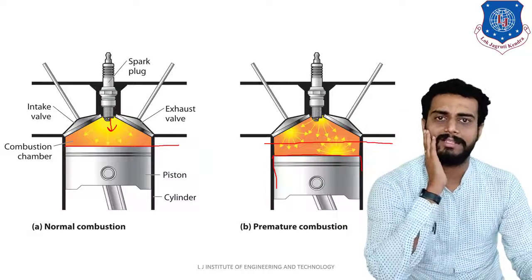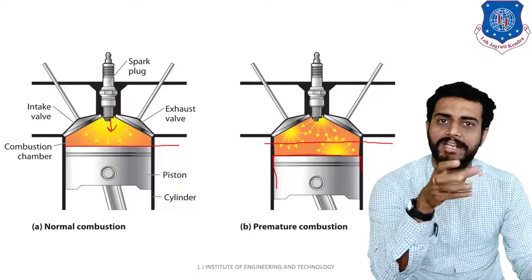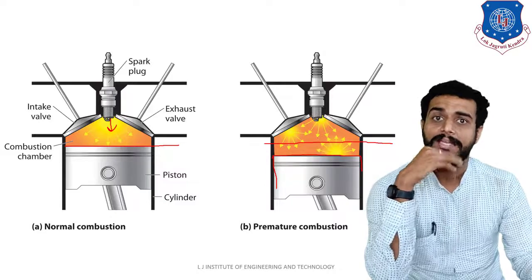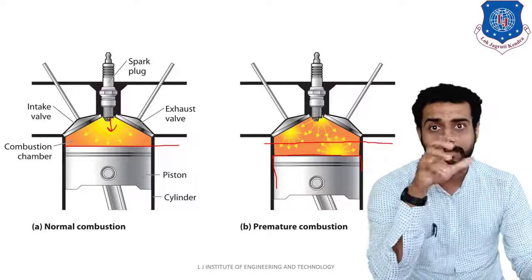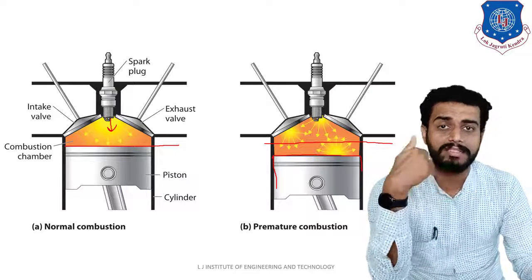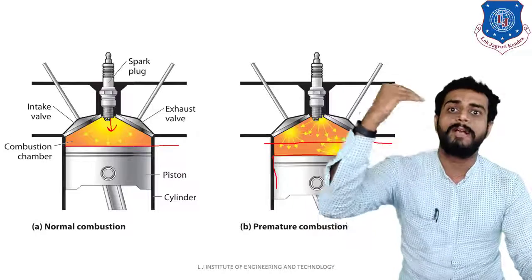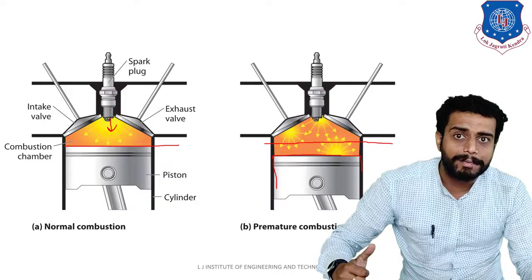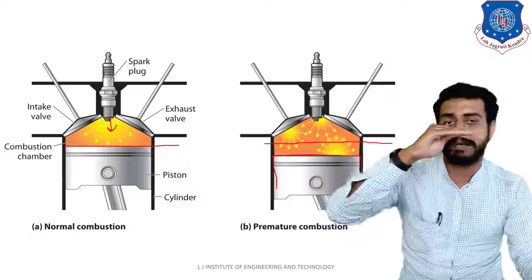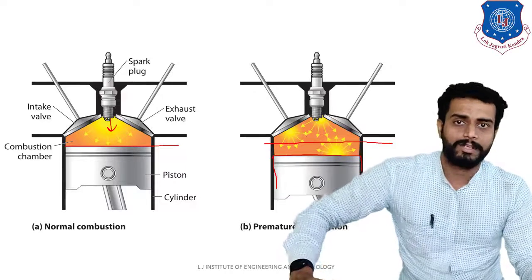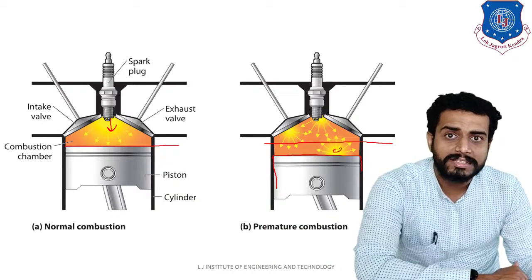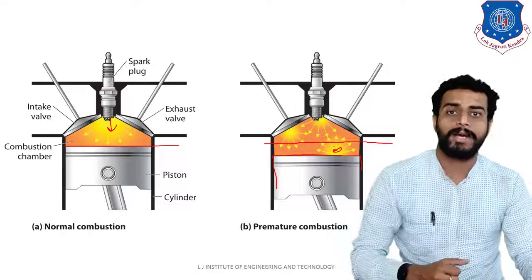What is the self-ignition temperature? Self-ignition temperature means a combination of pressure and temperature such that the fuel will start igniting by itself. So if you increase the compression ratio, then the pressure and temperature inside the cylinder cavity will increase such that before the piston reaches the top dead center, they reach the point equivalent to the self-ignition temperature of the fuel. As a result, the fuel will start combusting without even providing the spark.